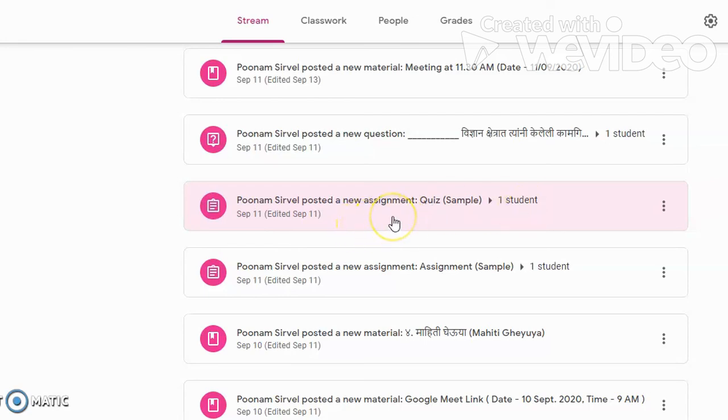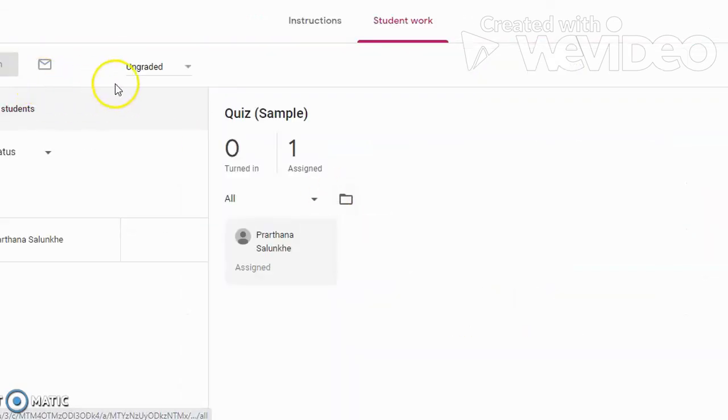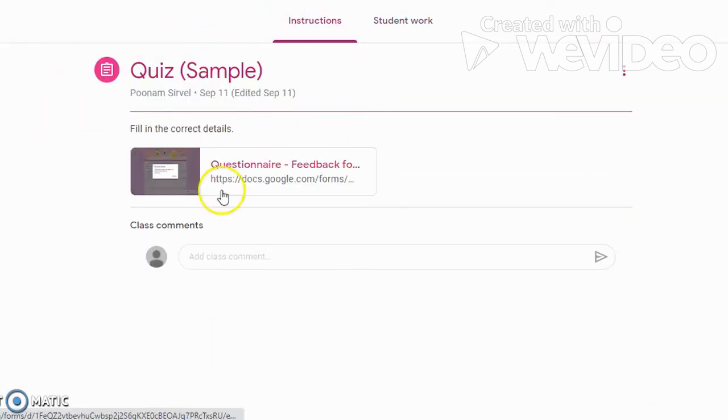The instructions and the videos or documents or any other attachments will be hidden. If you have to view it, then you will have to click on that particular assignment or the post and you will be able to view it. You will be able to view in this manner.